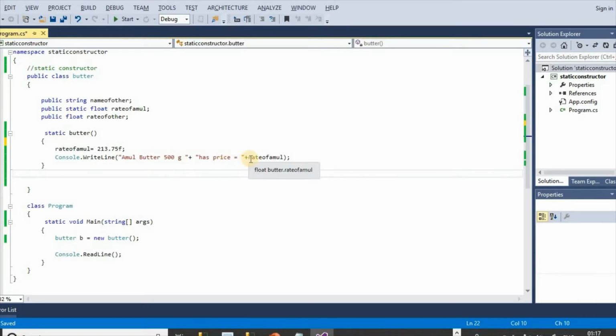We don't want this variable to display again and again. We want this variable to be used and displayed one time only. So we have initialized this variable in the static constructor.